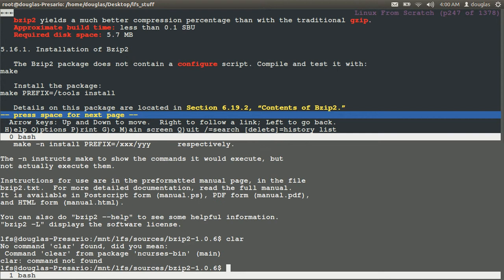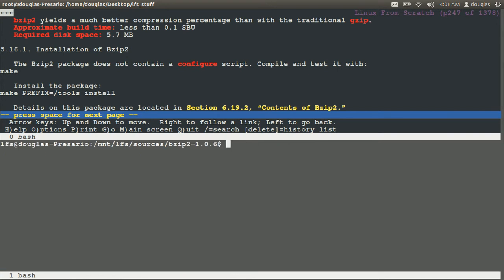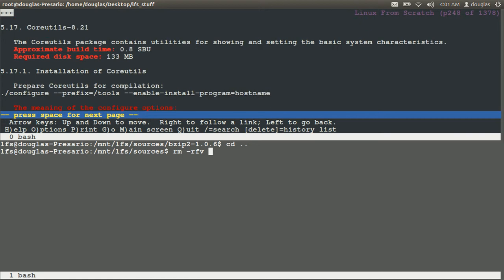Okay, so we'll say clear. Let's say make prefix equals tools install. Good. That's done. Actually, I think that's done. It is done. Okay. I'm going to say remove bzip,